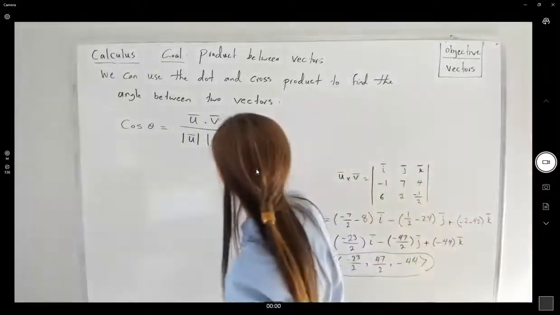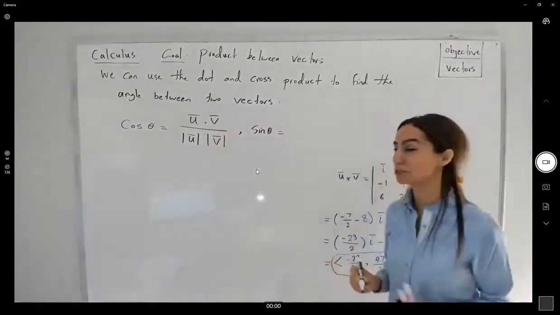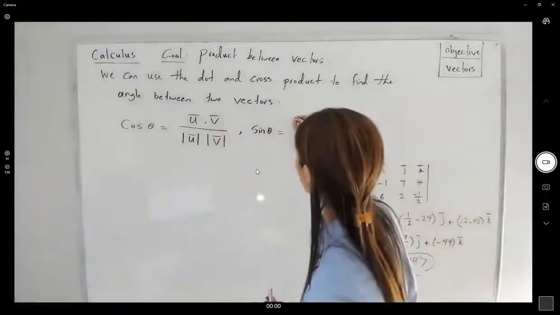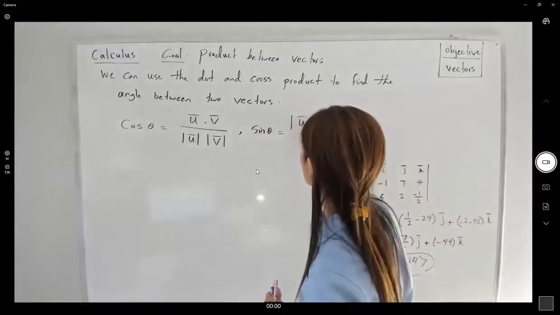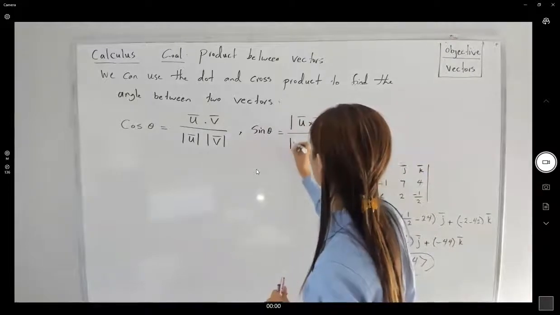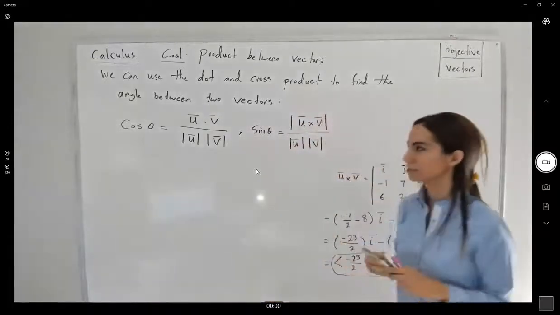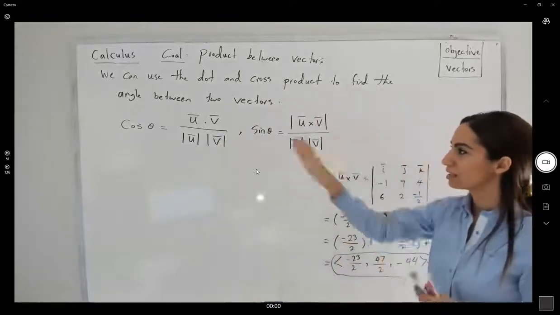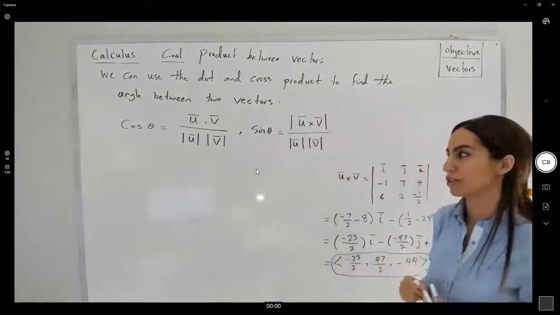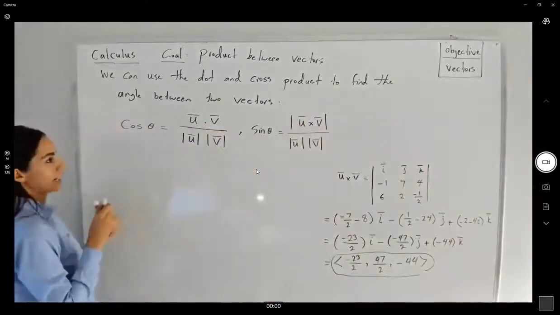The sine theta, the angle between two vectors, is equal to the magnitude of u cross v divided by the magnitude of u times the magnitude of v. Here we have some observations. Well, note that